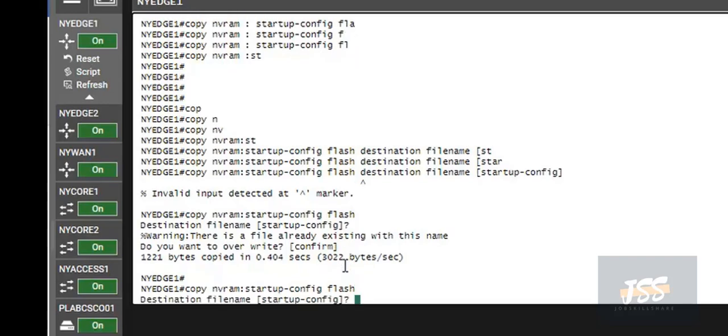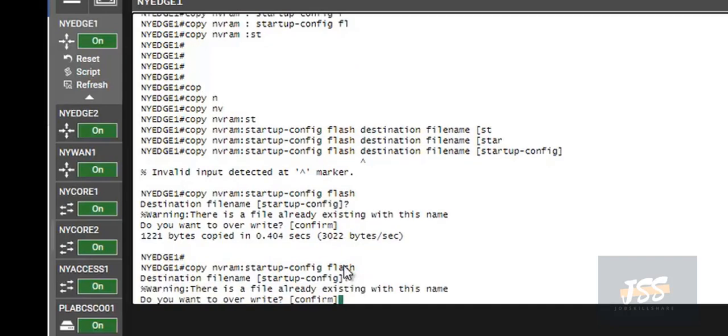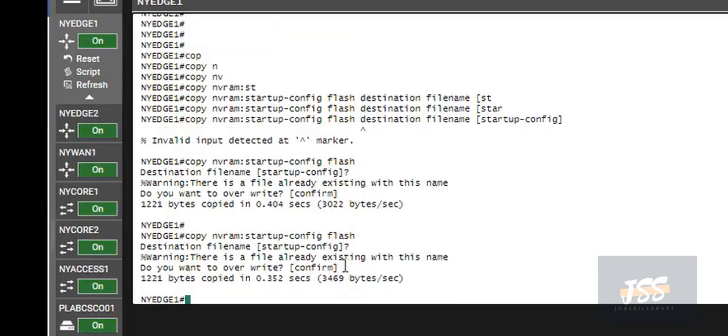It will ask for the destination file name, startup config. We will press enter. Do you want to overwrite? Yes, confirmed. So this is now overwritten. We have copied the file from NVRAM to flash memory.